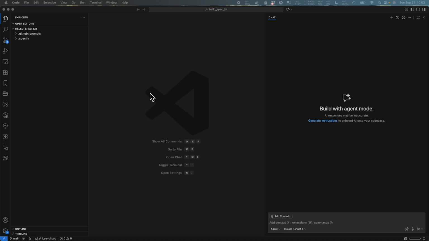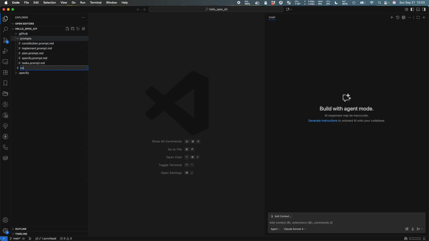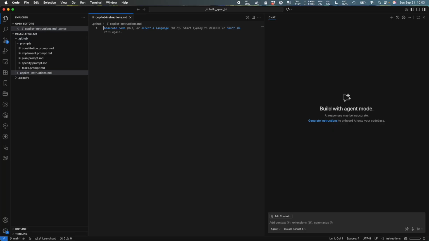Actually, before creating the constitution, we need to do one more setup. Since GitHub Copilot is our coding agent, what I want to do is specify the instructions for GitHub Copilot when it generates code. So for that, I need to create a new file called copilot-instructions.md. Okay, and into that I'm going to copy paste a set of instructions I like GitHub Copilot to use